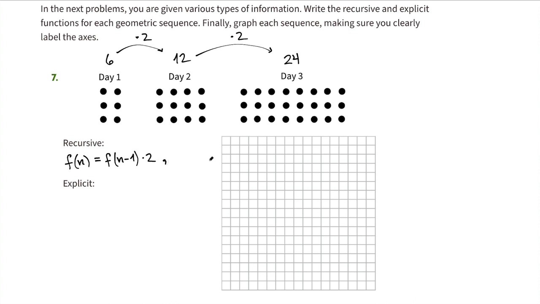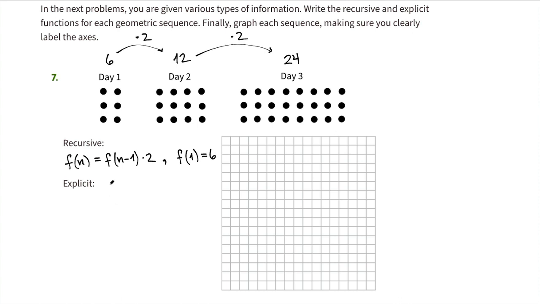And of course, with every recursive equation, we want to give a starting value. Our starting value here is f of 1, the day 1, is equal to 6. We've got 6 dots there. For our explicit